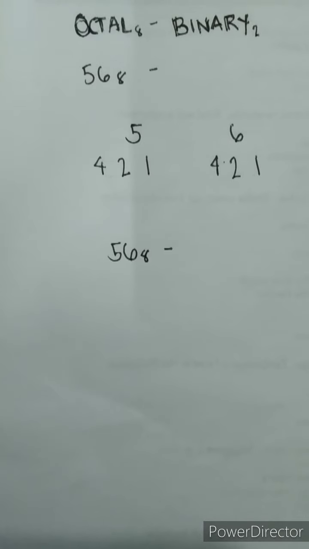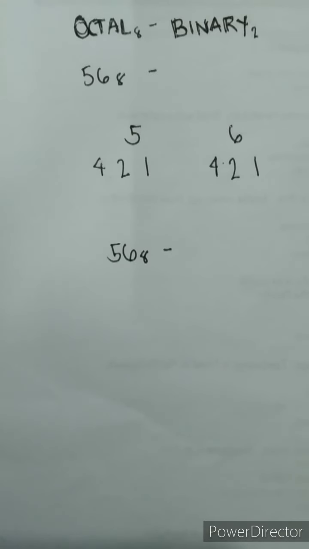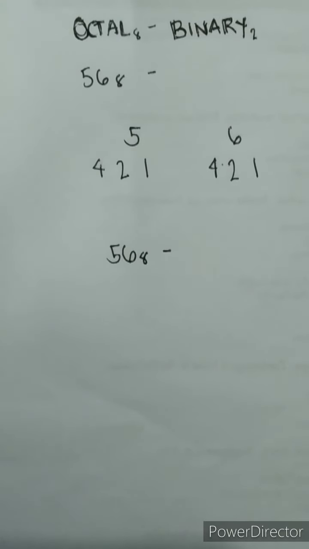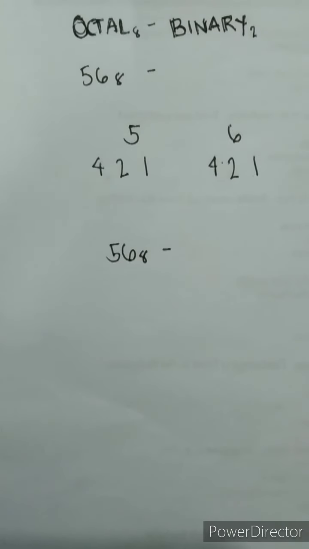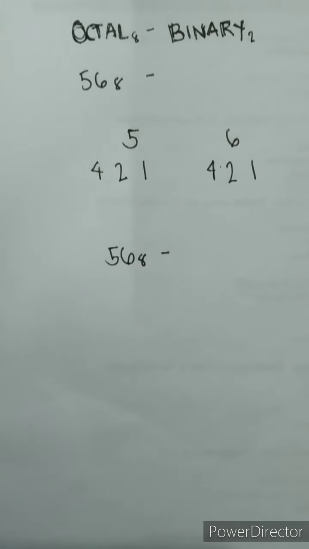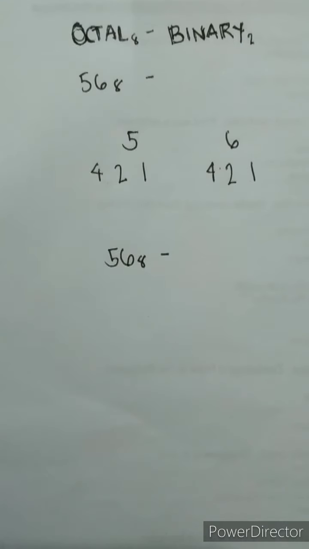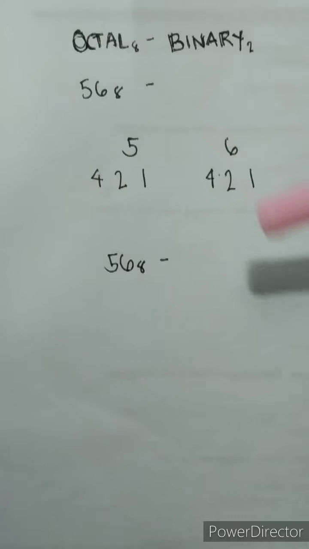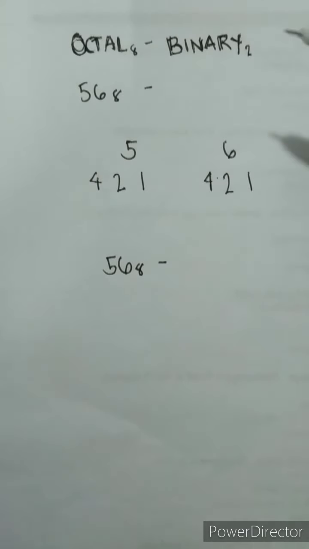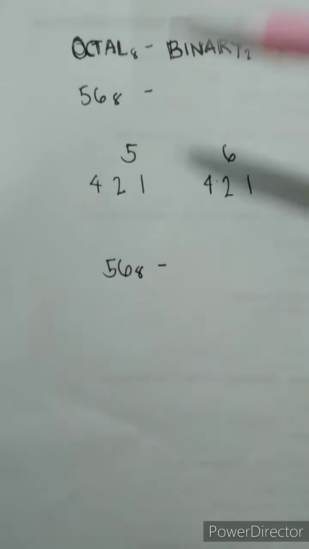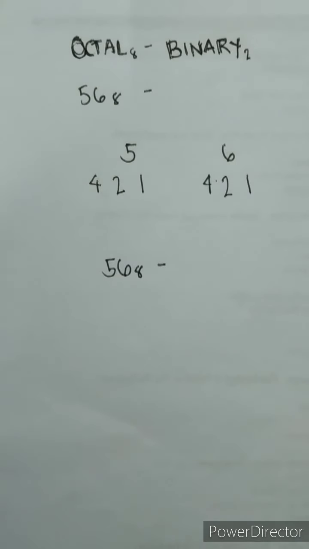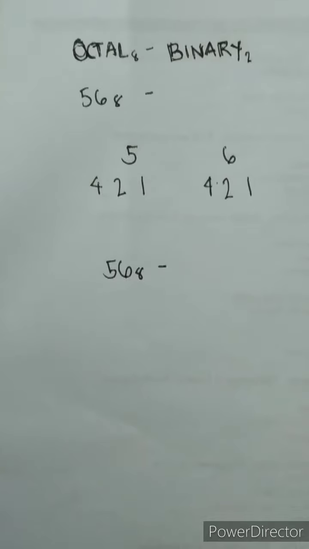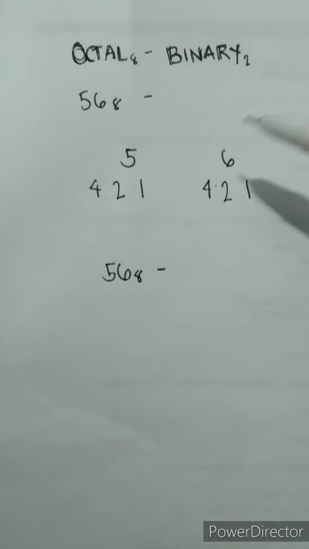So the first conversion that we're gonna do is octal to binary. Our octal value will be 56 base of 8, and let's see how we can convert it into binary. So first, let's separate the octal value, which is 5 and 6. And then after that we'll put 4 2 1. So how did we get 4 2 1? To get 4 2 1, you just